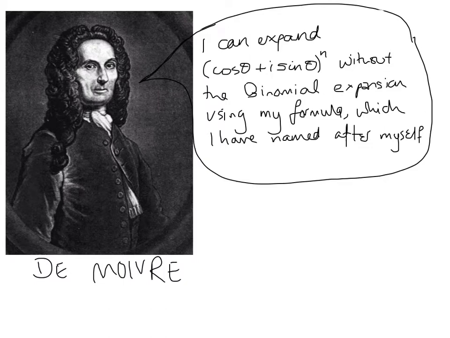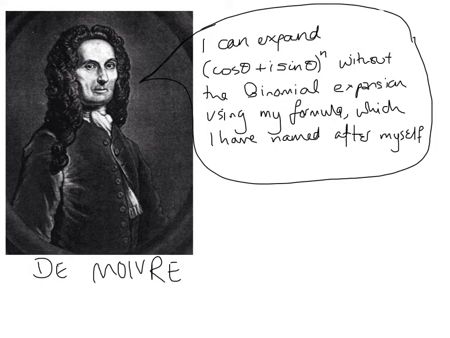He's a scary character, this one. I don't even know how you say his name. De Moivre. I think maybe saying de Moivre is a bit like saying bonjour. I think it's maybe more like de Moivre, something kind of French sounding. Anyway, he has this formula for expanding cos theta plus i sine theta all to the n, which does not